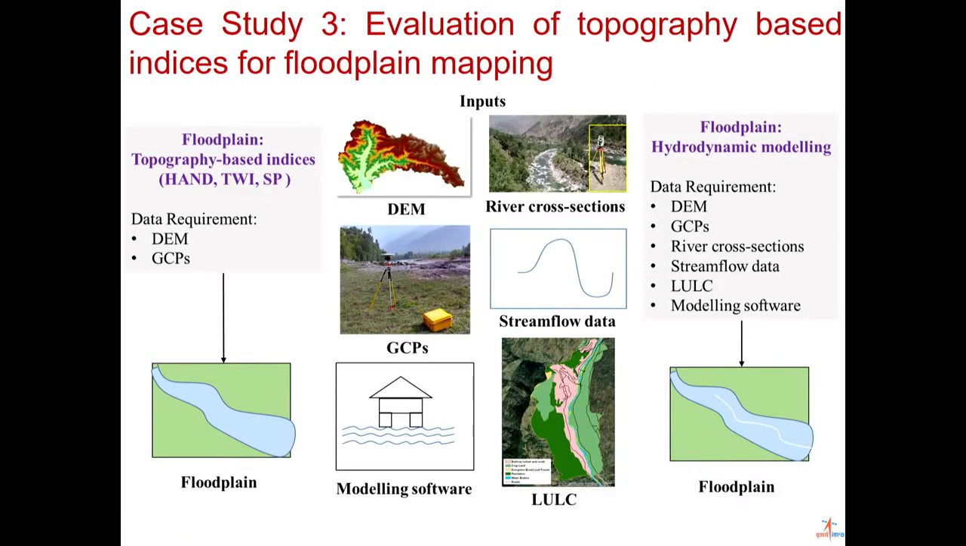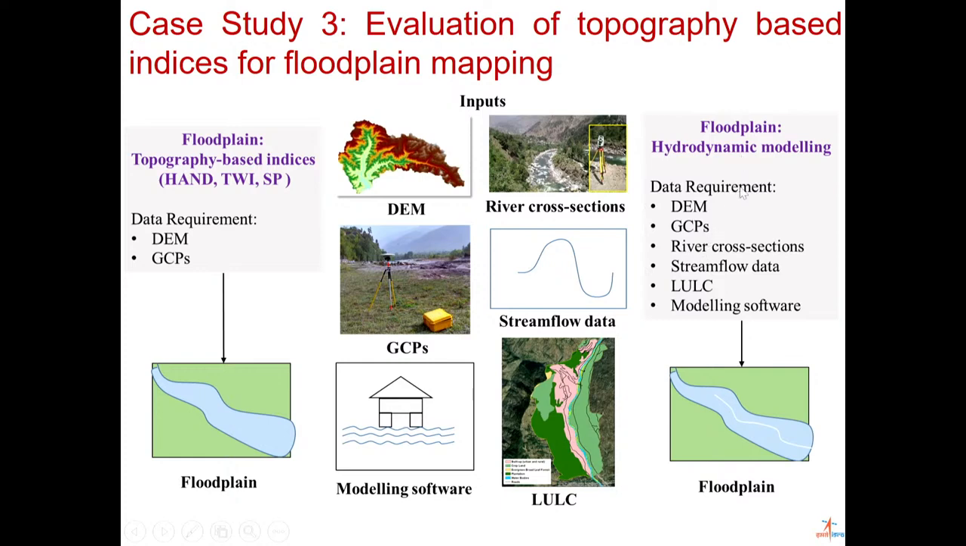Now, the third application that we have done is the evaluation of topographic based indices for floodplain mapping. Till now we have talked a lot about hydrodynamic modeling. If you want to run a hydrodynamic model, you need different data. Which data sets do you require, if I list them out? You need a digital elevation model,